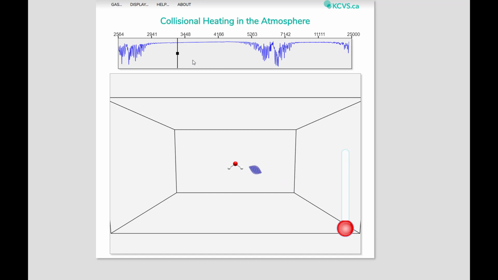Now, infrared radiation is absorbed by these gases in the atmosphere in interesting ways, and this demonstration basically is about that. So this is water vapor. It absorbs in these bands. So these bands where you see fringes are the places where it will absorb infrared radiation. The places where there are no bands on the diagram are the places where water vapor essentially doesn't absorb. So if we move it to